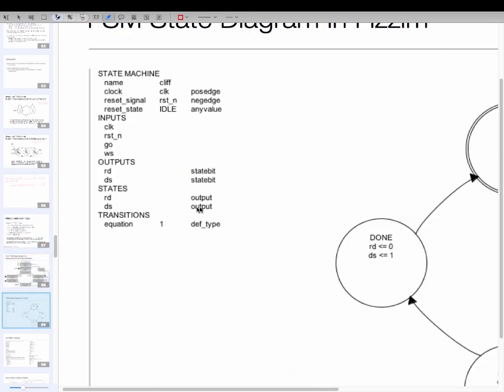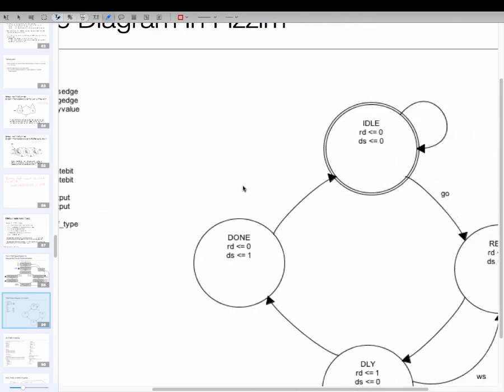I had told it that I want RD and DS to come directly from the state bits. I want the hardware to be like that. I want my RD and DS to be directly coming from the states. So unfortunately, what that means is, if you look at out here,